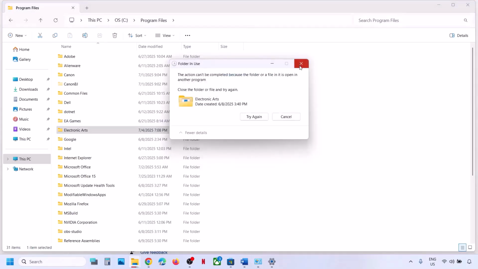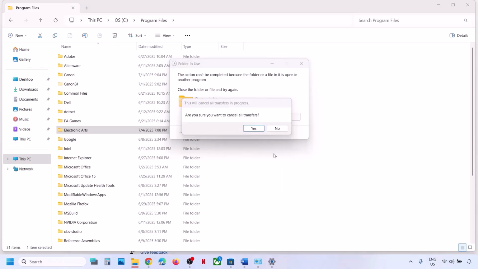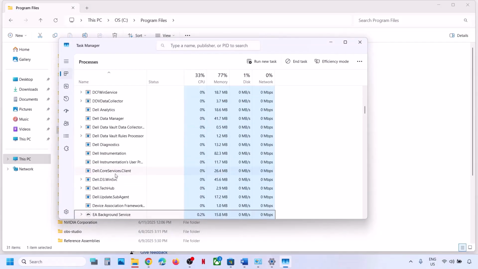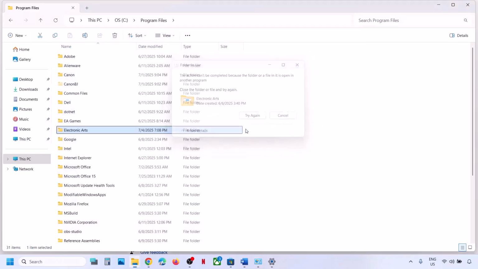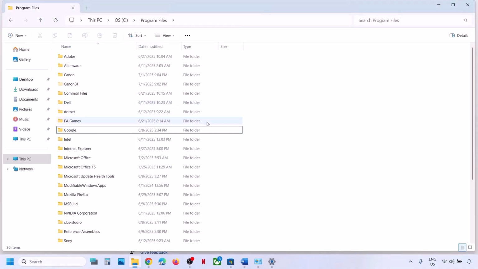So if you see the try again option, that means the EA app is running somewhere. So you can open Task Manager, or EA services is running. So in my case, EA background and task, and then you can delete this EA app. Once deleted, now do not delete this EA games. Okay, now